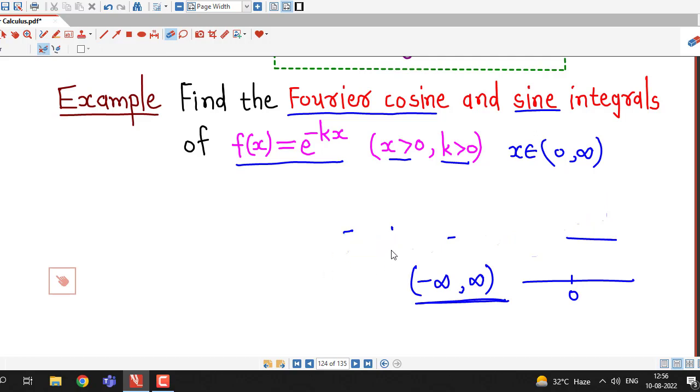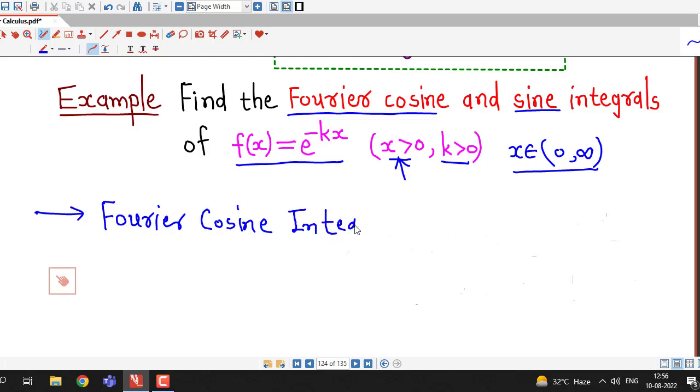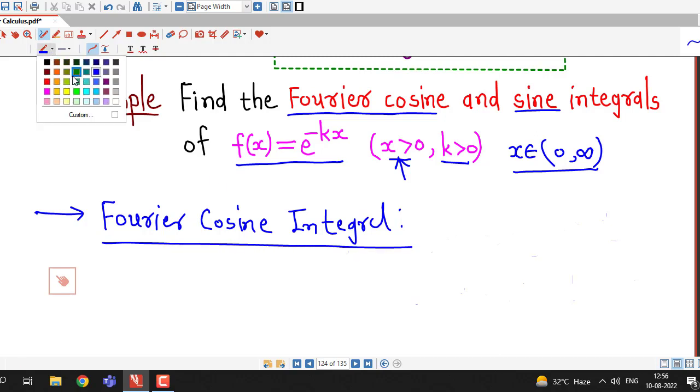Here we are asked to find out Fourier cosine and Fourier sine integrals. Therefore domain of function is from 0 to infinity. So it is given that x is positive, that is this function we have to consider on the interval 0 to infinity. First we decide what is Fourier cosine integral. So here we mention that first we obtain Fourier cosine integral of given function f(x), and for Fourier cosine integral we have to decide what is A(omega),